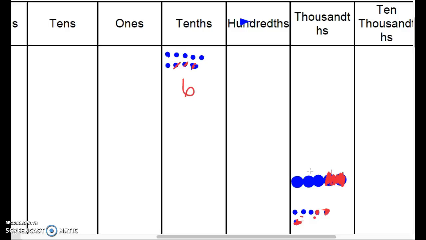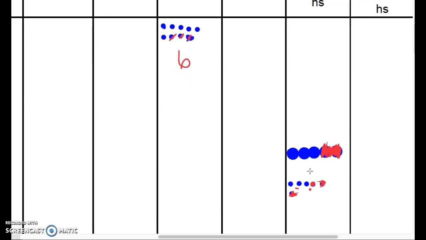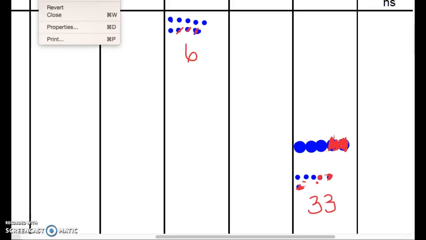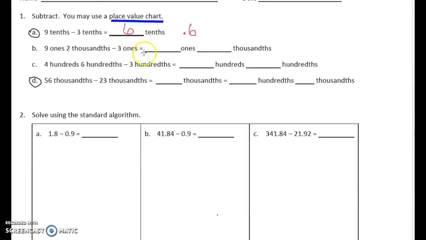So let's scroll on down just a little bit. We can tell on there then we have 10, 20, 30. We have 3 in the tens place, and 1, 2, 3 in the ones place. So we have 33 thousandths as the result of that subtraction problem. So if we go on back up to that form, we know then we have